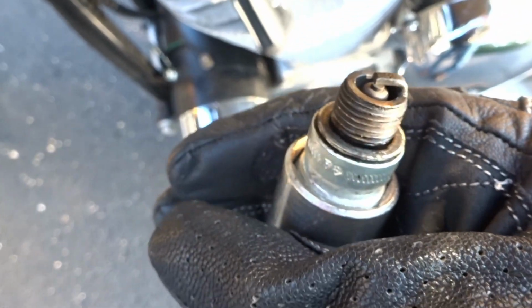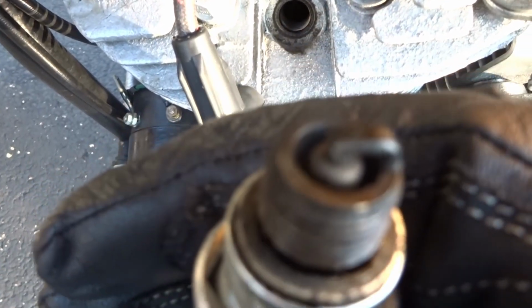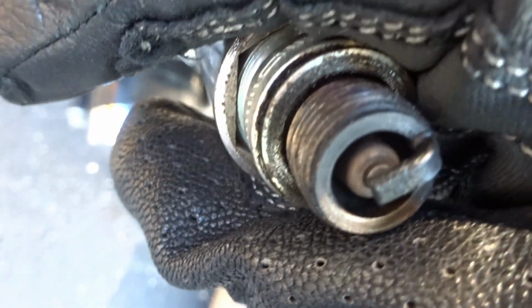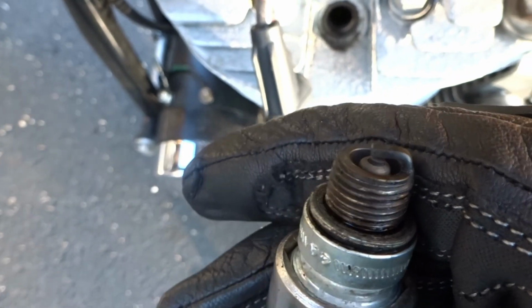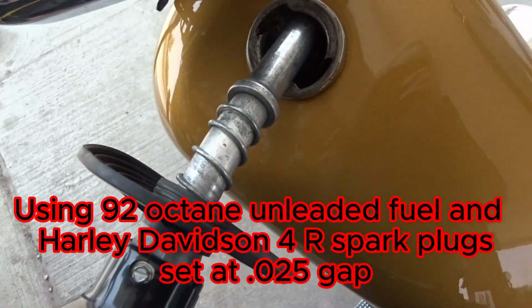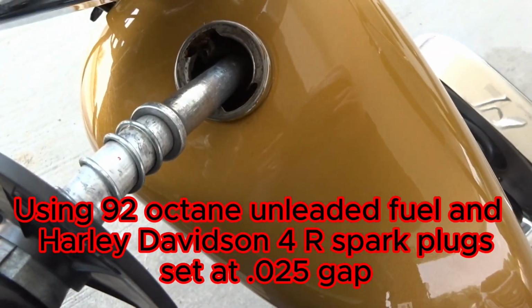They were running at optimum, where the porcelain on the spark plug was a light brown color. I wasn't getting any black soot around the electrode or on the outside of the spark plug. It was super dry and it was super clean. And every time I came to a stoplight, it idled back down to 950 RPM, where it didn't creep up or creep down. It stayed right at 950 RPM, and the motor really sounded really good